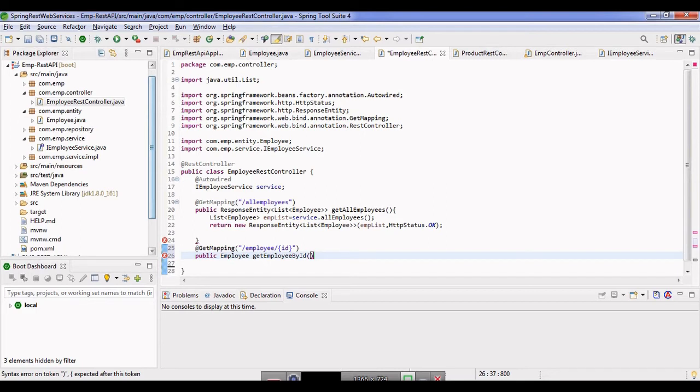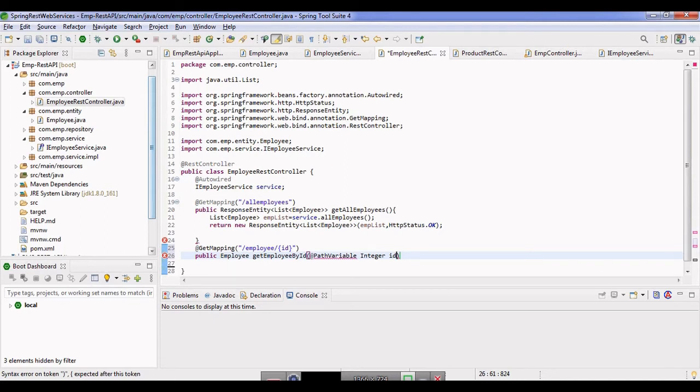So to inject my path variable into my method parameter, I'm going to use the annotation @PathVariable, and I will pass Integer id, like this: @PathVariable Integer id.